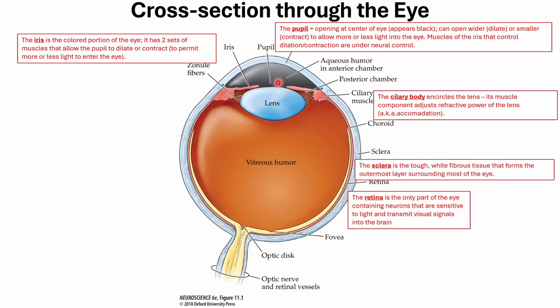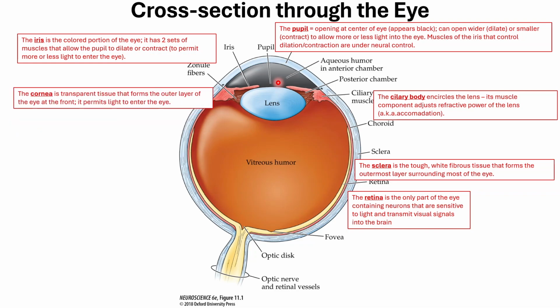The sclera is just the white part of the eye. So if you were to take the eye out and look at it, you would see the white of the eye, and that's called the sclera, which is just a tough outer membrane that holds the eye in place. And then we have the cornea, which is a transparent tissue that forms the outer layer of the eye on the front, and it permits light to flow through the eye. So the cornea is going to be in here. Okay. So the lens, though, is the thing that actually shapes the